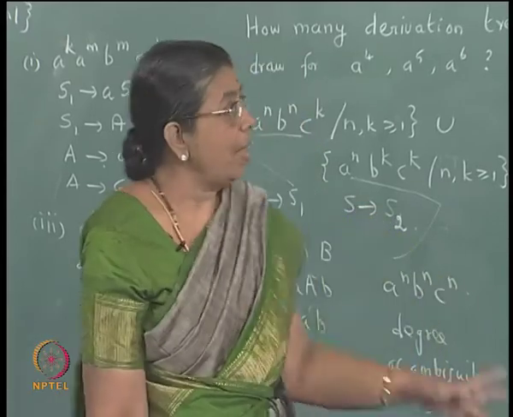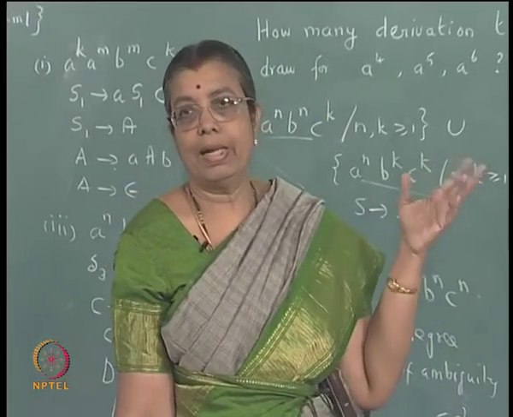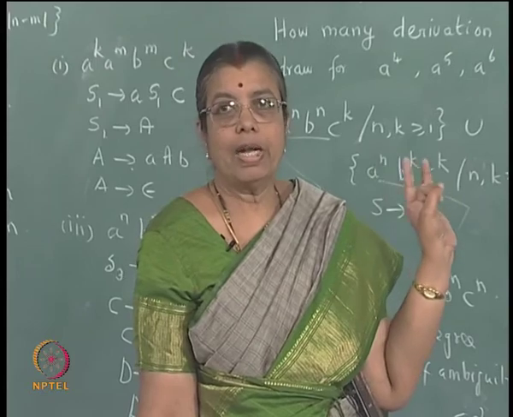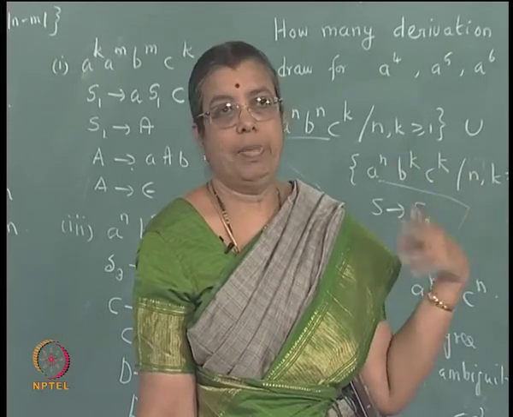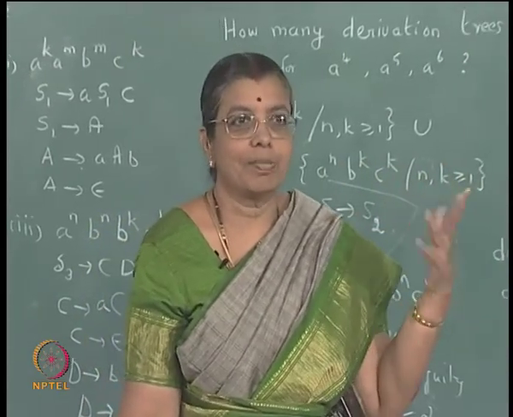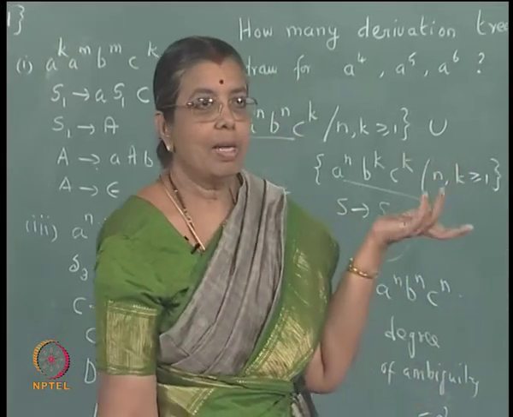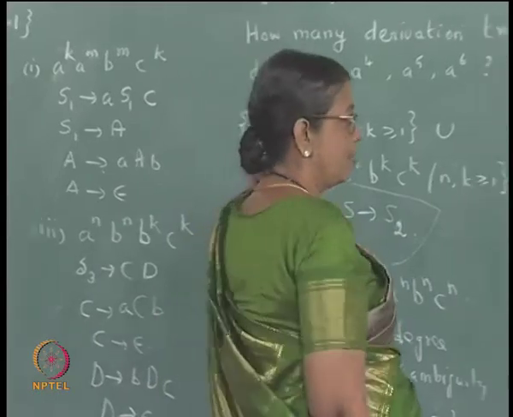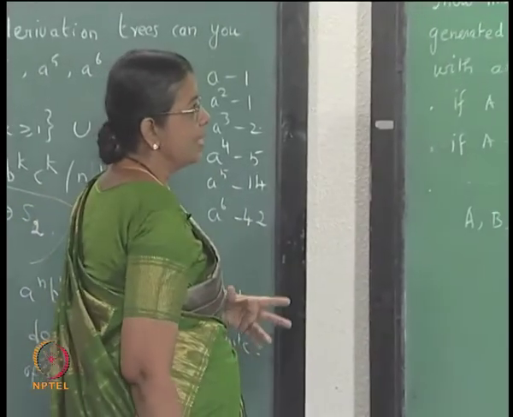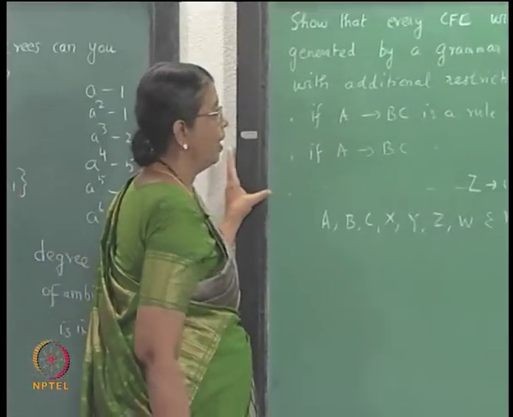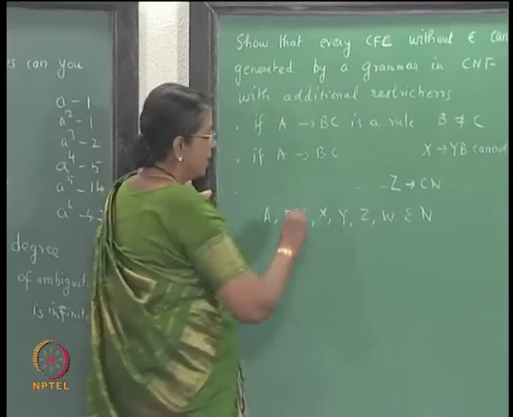In a similar manner, unless you do some arrangement, it is difficult to say that the procedure will terminate, because you may start with 50 rules or something. When you keep on substituting, you may end up with more and more rules, and ultimately you have to prove that somewhere it has to stop. Rather than in this case, there is a simple way to prove it. What you do is, this is a grammar G.